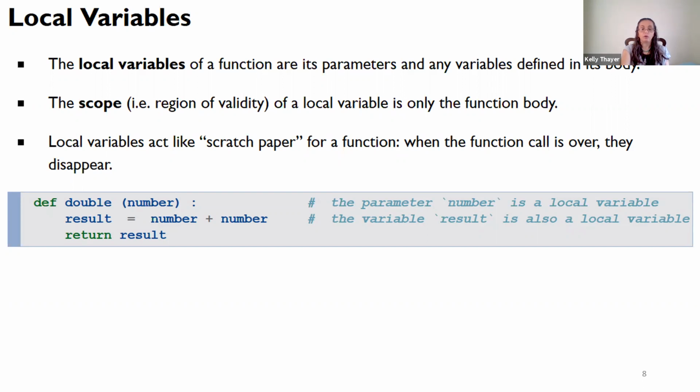So when we talk about a local variable, we are referring to those variables that are inside of the function. By definition, the local variables include any of the parameters that are defined as part of the function. Then if anything additional is defined inside the function, those would also be included. So the local variables are going to then act like scratch paper for a function. When the function is over, they disappear. And so we think about that as